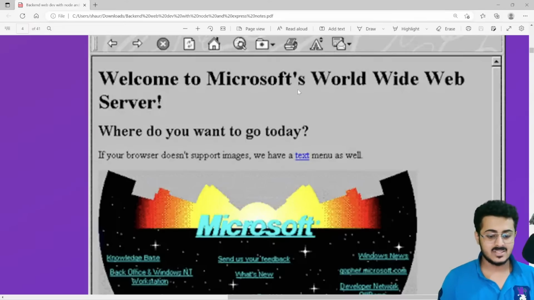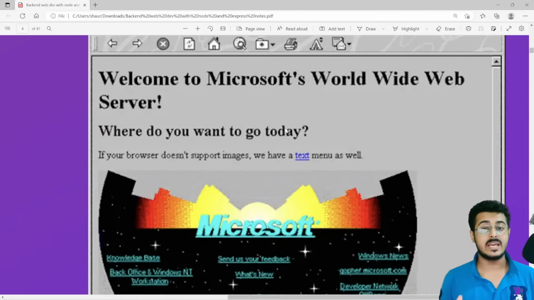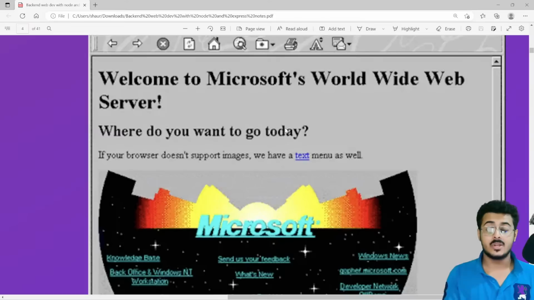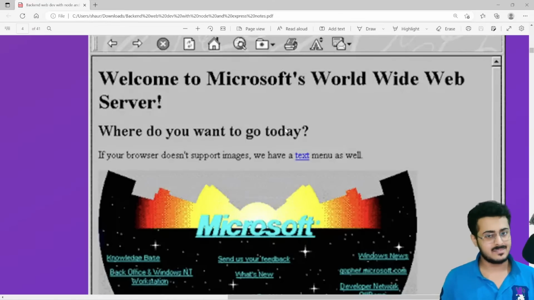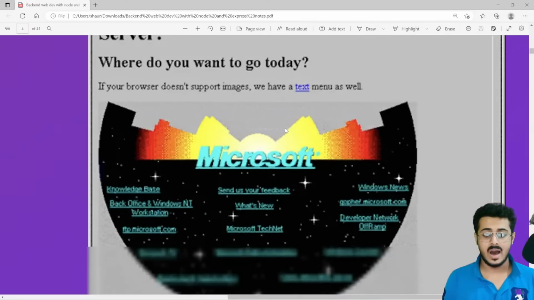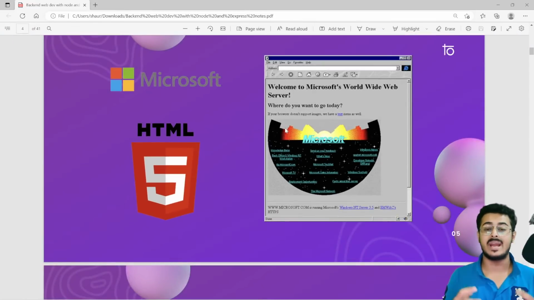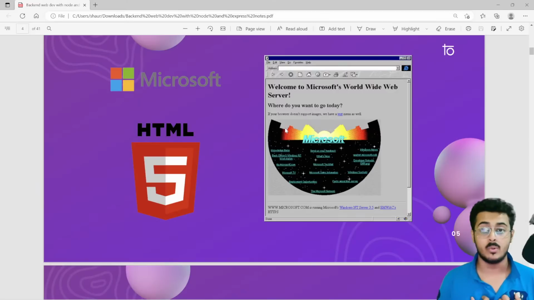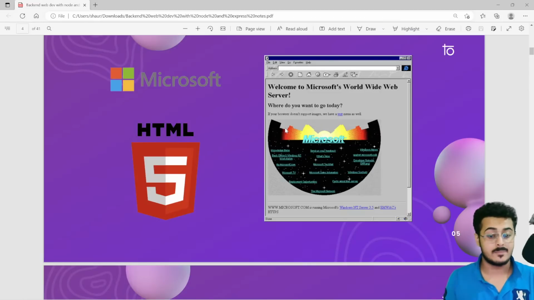As you are able to see, over here is a billion-dollar company and the website does not look appealing. You need to make sure your website looks appealing, that when a customer lands on the website, it is something he or she likes to use at the end of the day. And of course, these companies need to make money. To make money, you need to make sure your clients are staying on the website itself. That is the reason why, after HTML, which was only able to provide a structure to the website, just like your bones provide a structure to your body, similar to that, HTML provided a structure to your website.